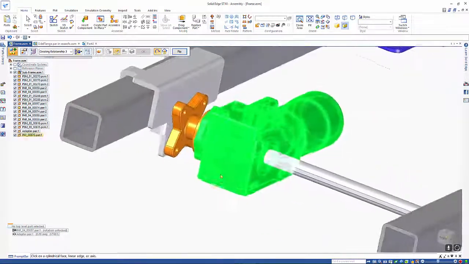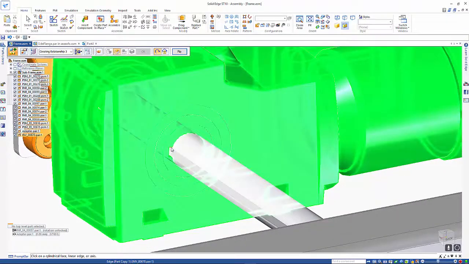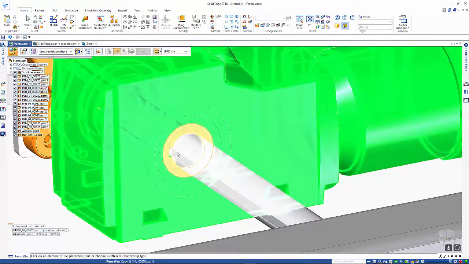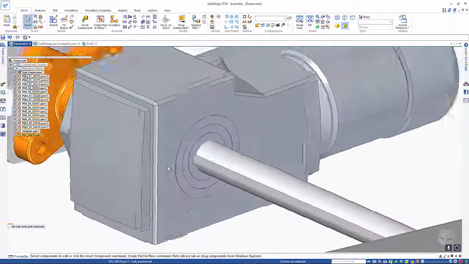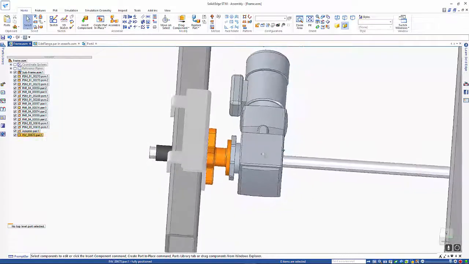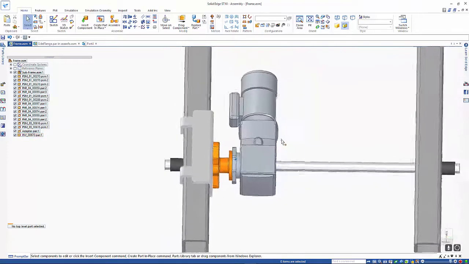So you can see that we've now positioned it roughly, and finally we can do a planar line to finally position it. Now, although this was similar to the one we wanted, we wanted one that had a longer